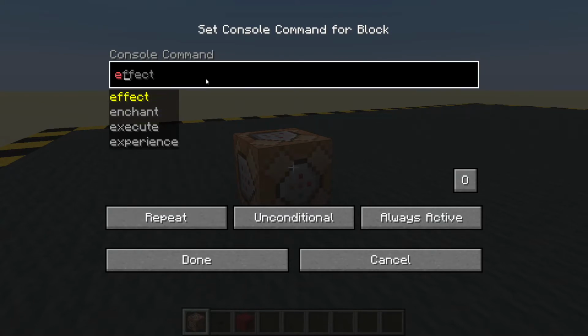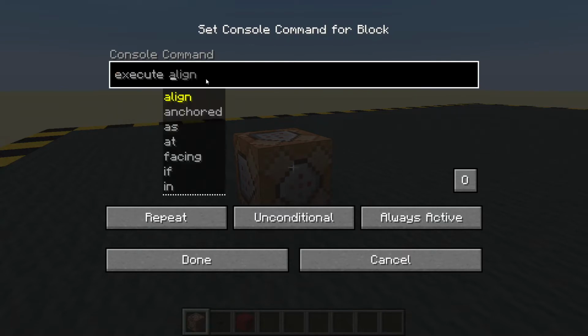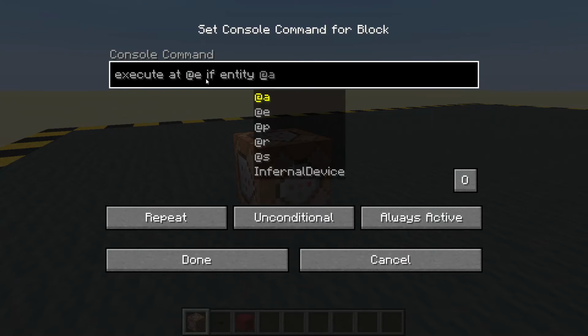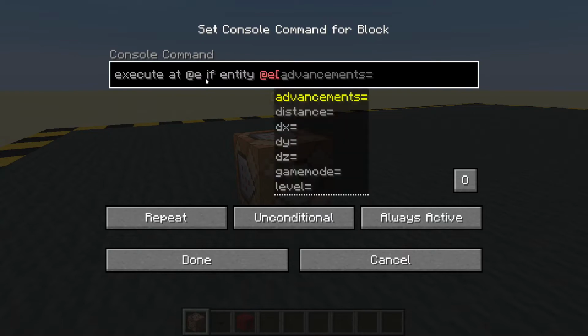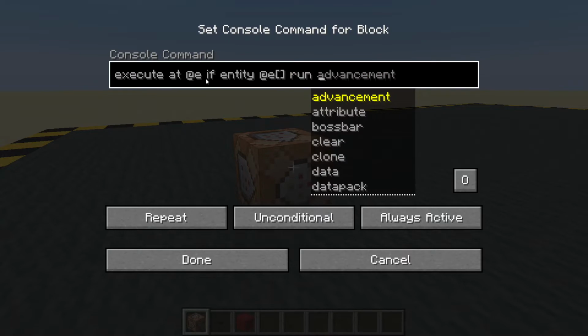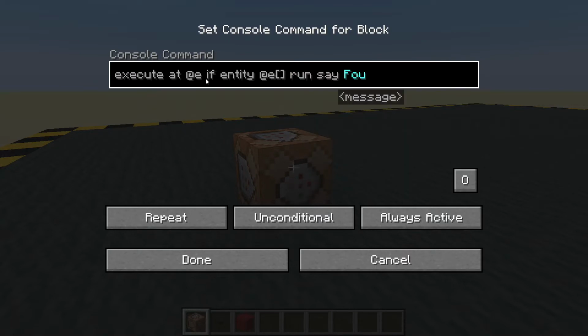Okay, and we are going to execute at any entity if that entity, and then we'll put the square brackets because we're going to put some stuff in there, and we will run, and we'll just do a simple command. We'll just say found. Okay,